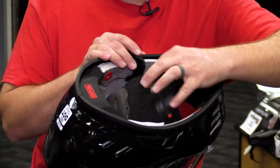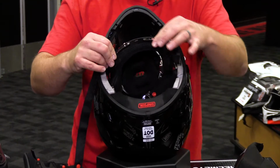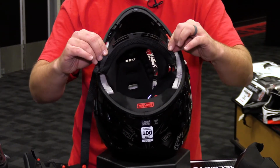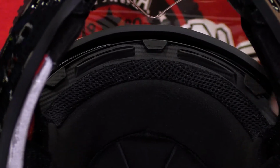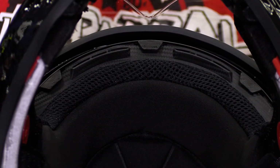We're gonna have a couple snaps here at the very back of the helmet, and then we're gonna come forward. So this guy comes out. So these pieces right here, we'll get a close up, but these actually slide into some grooves that allow this to kind of slip into the front of the helmet instead of slide in between the EPS liner like we saw on the previous version